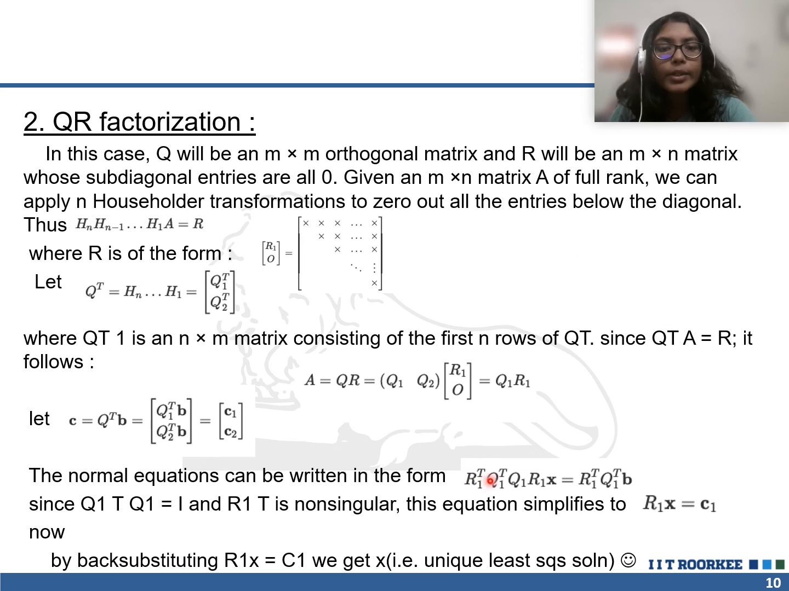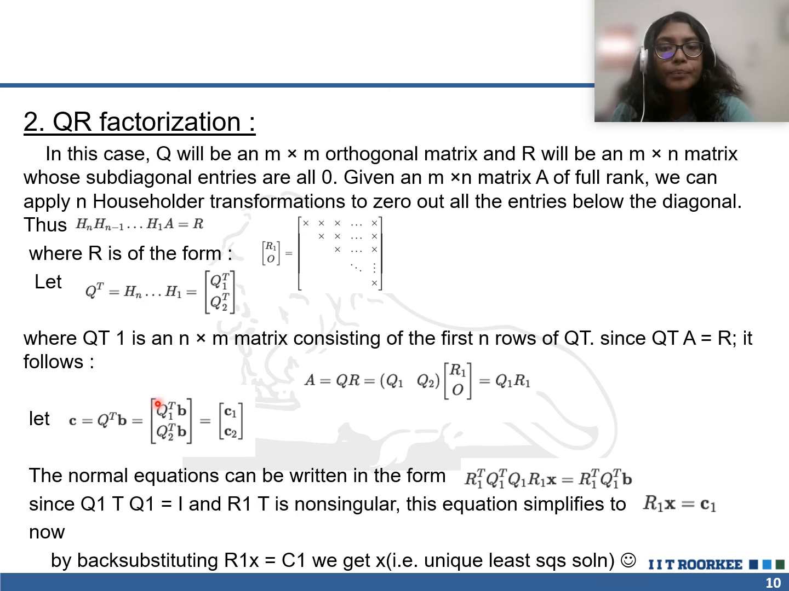So A is like R1 transpose Q1 transpose Q1 R1. Q1 transpose Q1 will be I, and you will be left with R1 transpose R1 equal to R1 transpose Q1 B, since Q1 transpose Q1 equals I. These are the normal equations, and R1 transpose is non-singular, so just don't invert it. You will get R1 transpose R1 x equal to R1 transpose